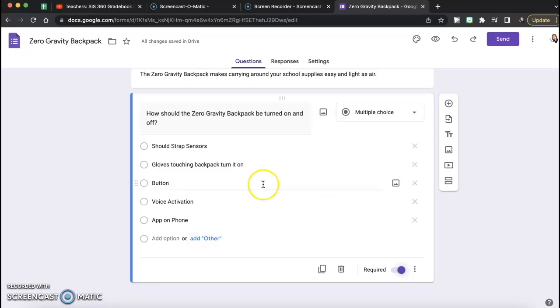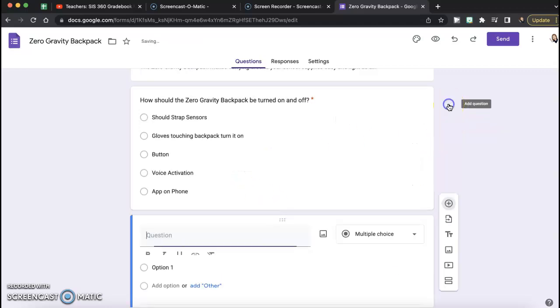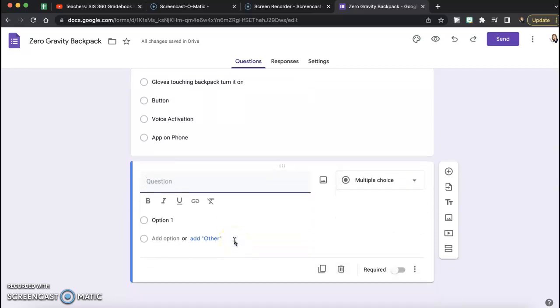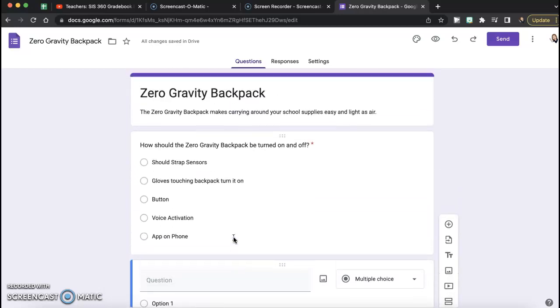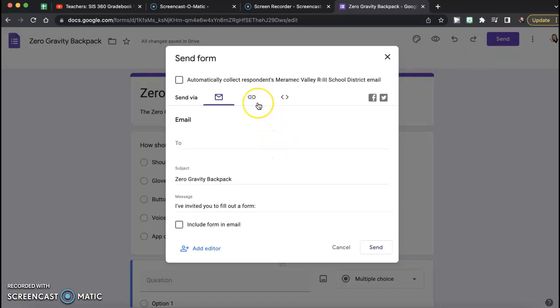Okay, so the next thing you want to do after you're finished with your first question, so once you have it all completed, you want to go up to add question. Okay, and then you'll type in your next question. Again, you want to make sure that it is a required question. Okay, and you'll do that with all 4 of your questions. Once you are finished with the entire survey, so all 4 questions, your title, your description, you've made sure that the responses are limited to 1, you want to go up to the send button, and this is how you can get the link for your survey